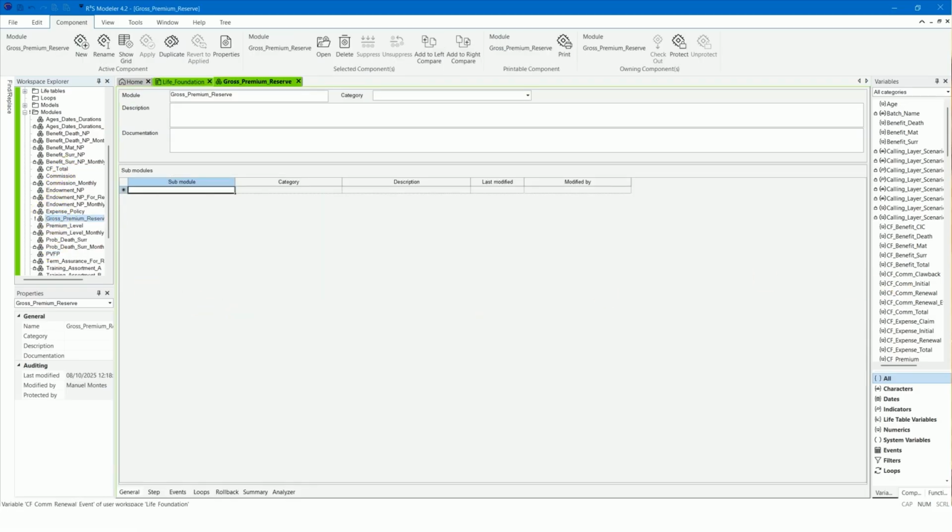The main difference is that only the cash flow-related variables will be considered, and therefore the reserve-related ones will be ignored for the calculation of the present value.